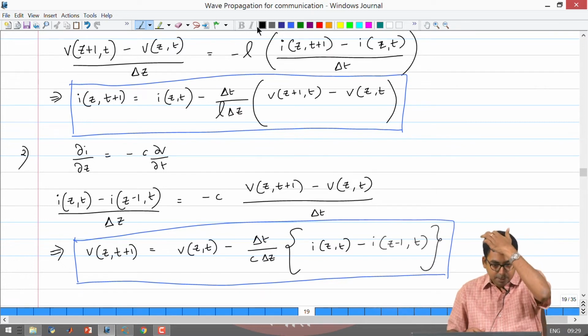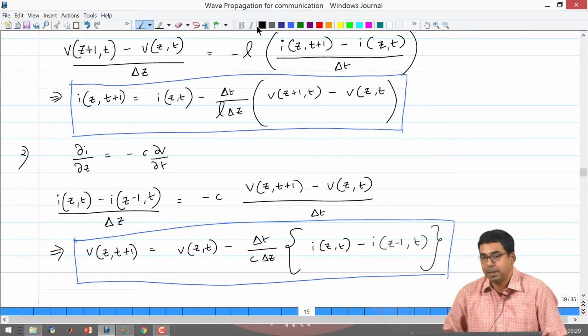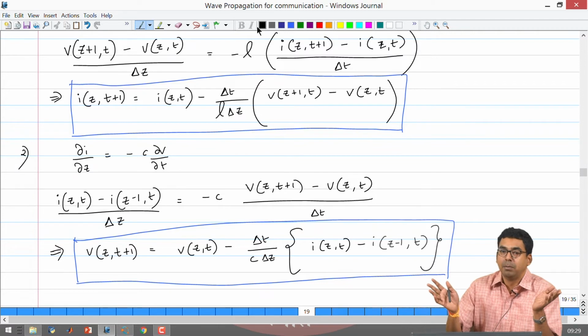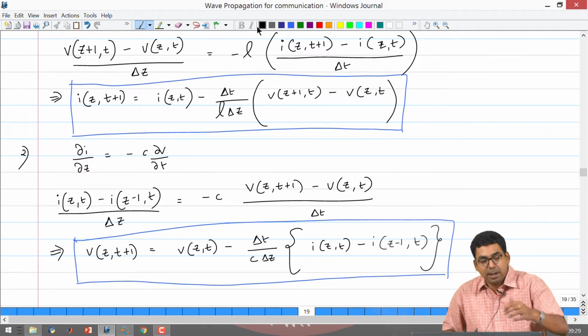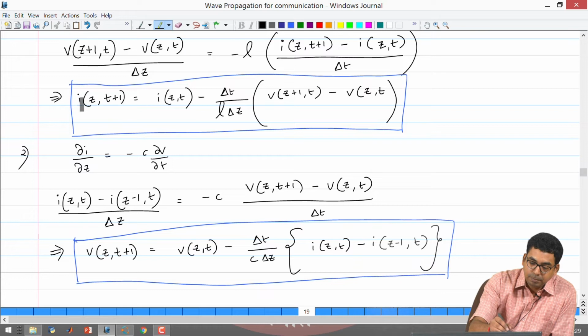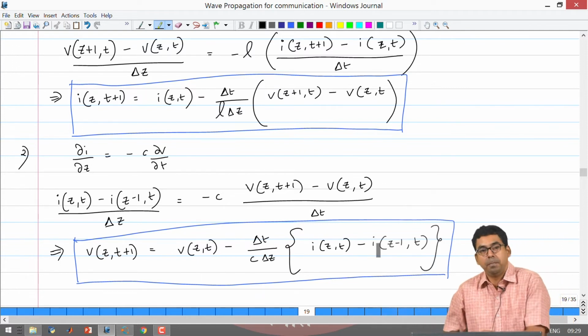Now let us pay a little bit of attention to these equations and what is the strategy to solve these equations to make some sense. First of all, the wave equation was decoupled. That means your left hand side and right hand side has the same voltage or current, right. But here the left hand side for the first equation that we have is going to be dependent on the voltage at current instant of time, and the voltage in future is going to depend on the current value at the current instant of time.